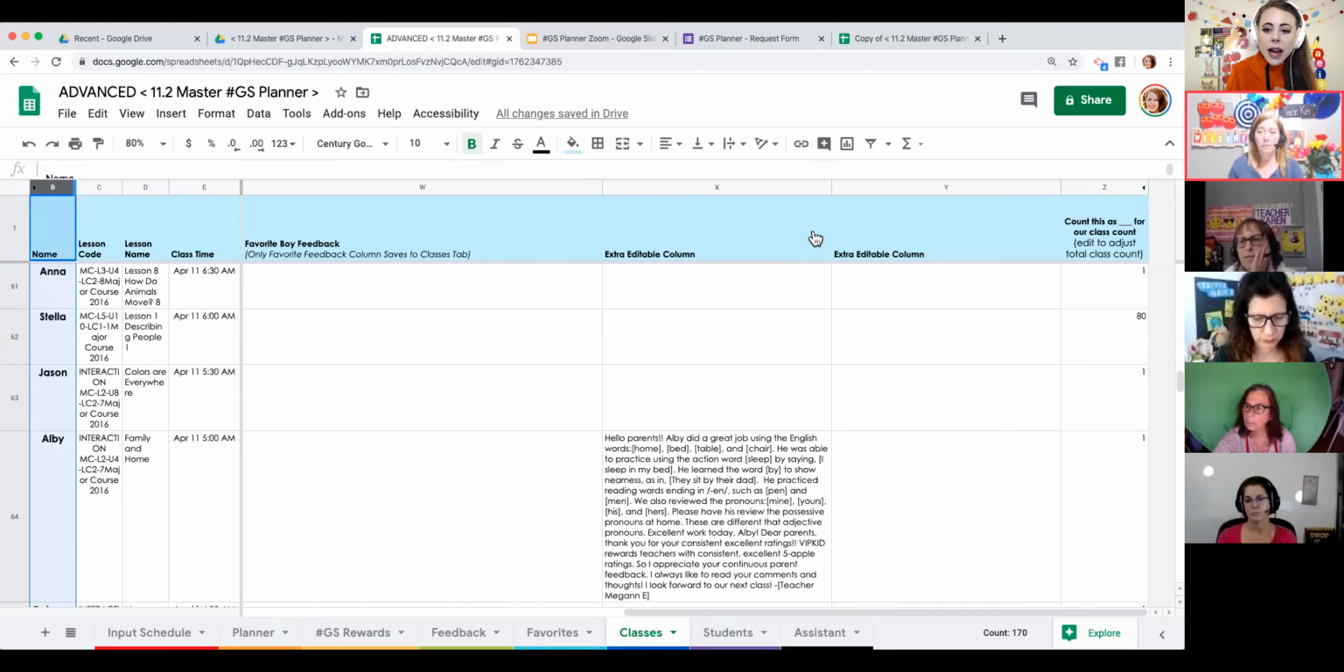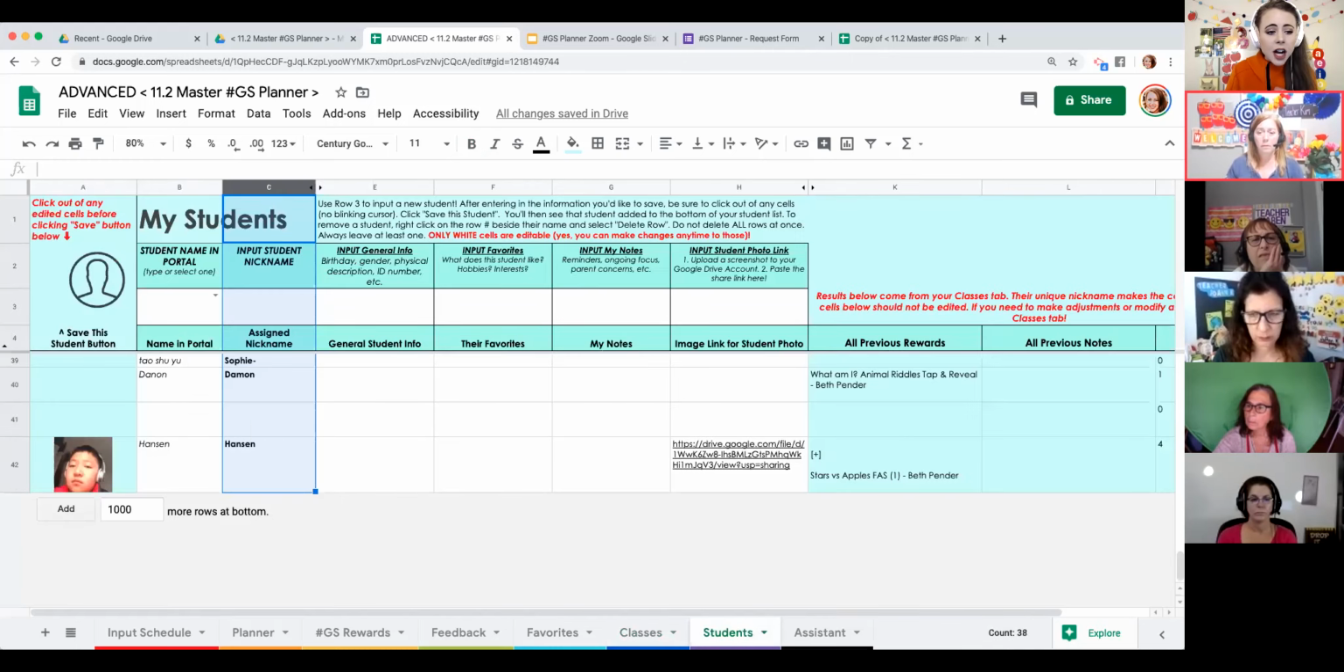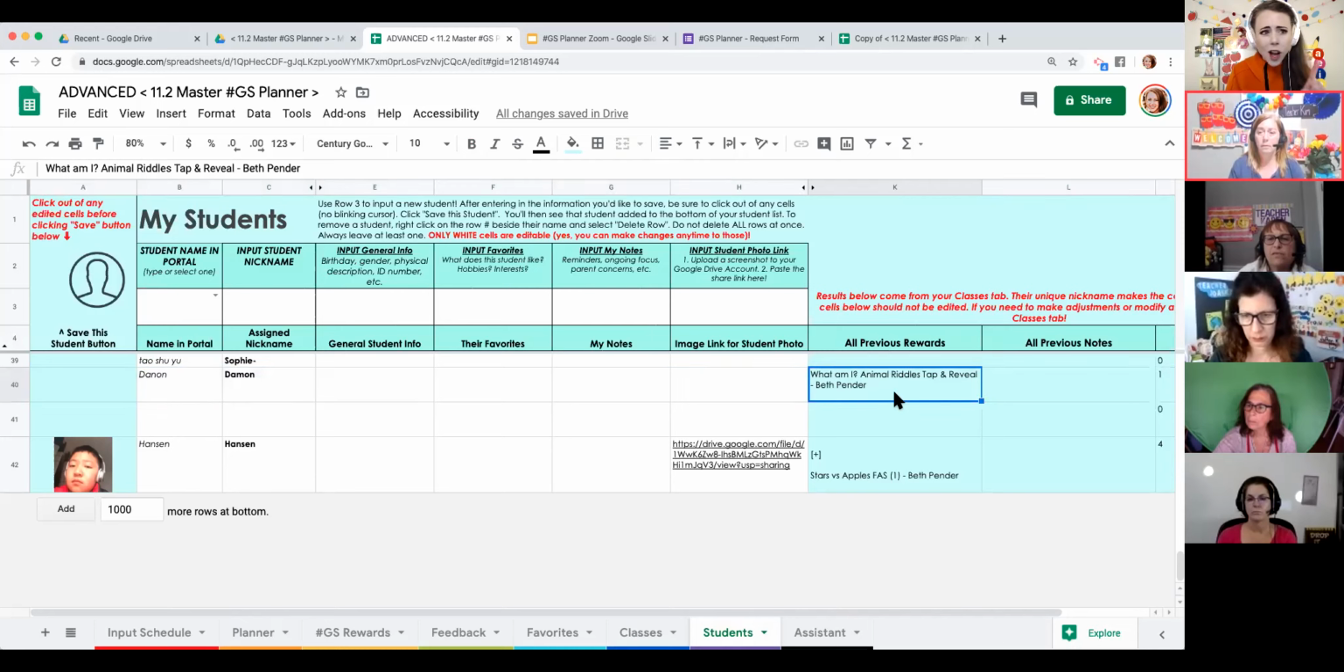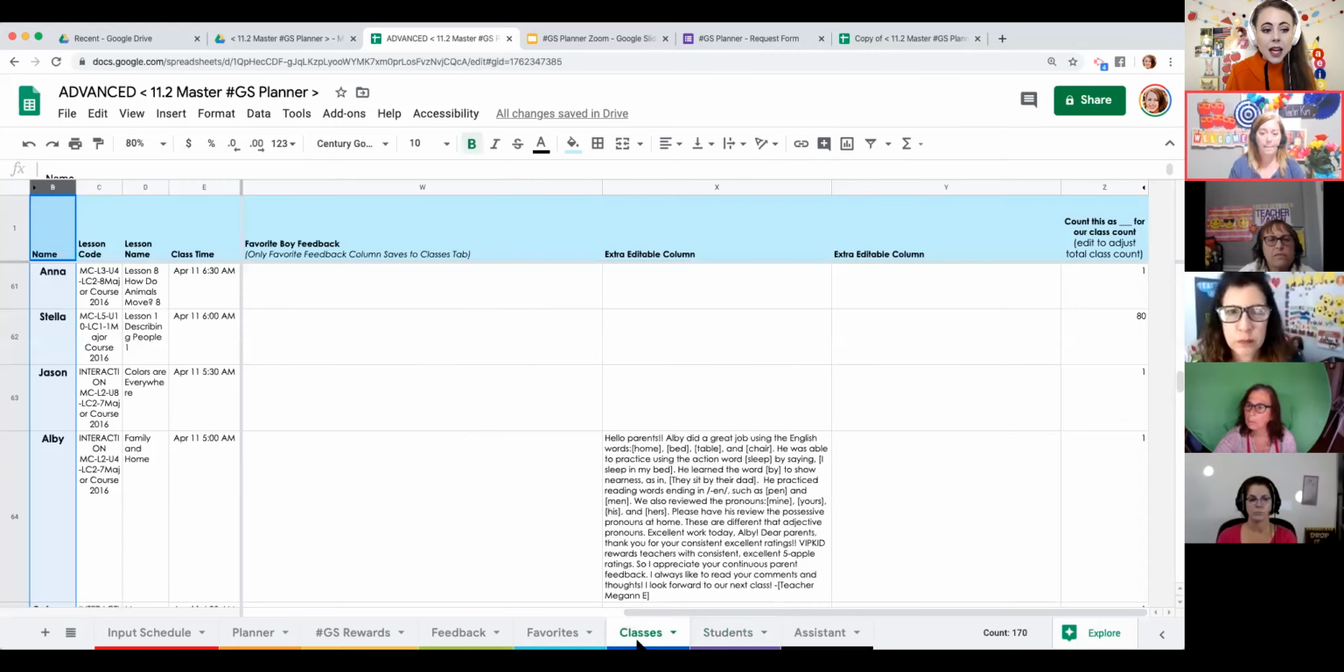Do you already have to add them? Oh, so Karen, if they're already on your students tab and you're not seeing, for example, Damon right here. I know I have a lot of records saved on my classes tab with Damon, but I only see one previous reward, and that's not right. So what you would do is go onto your classes tab and find those other records